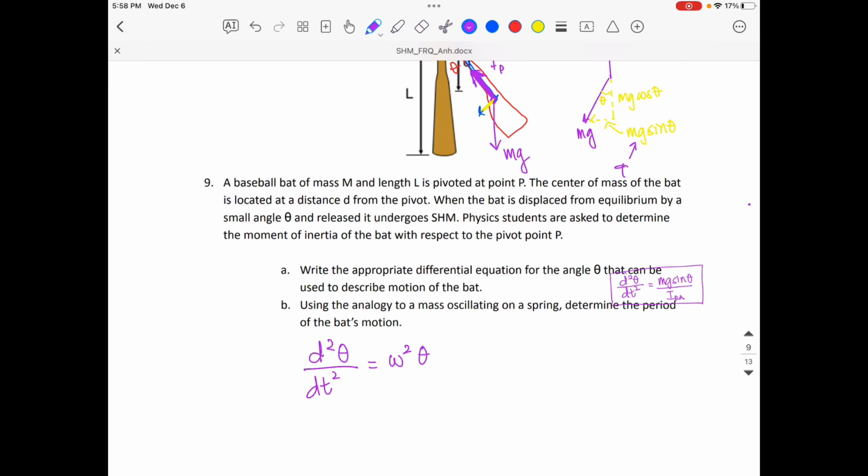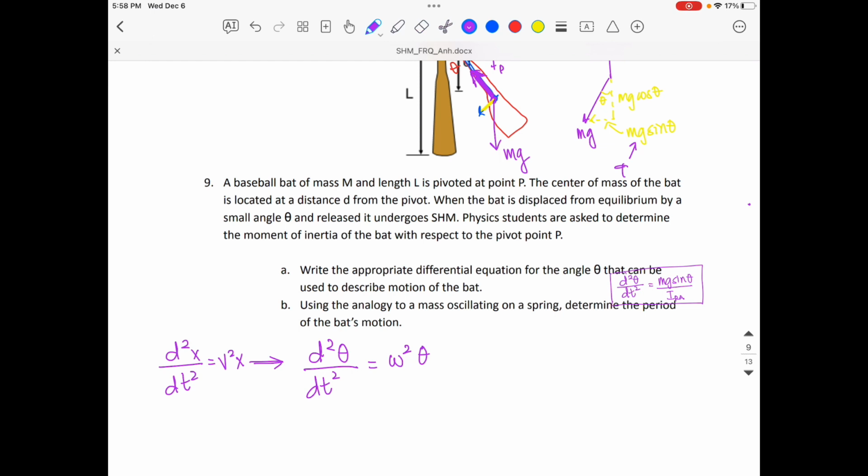This is all in rotational form. Originally, when we worked with it in just springs and masses, we had the second derivative of x with respect to t is equal to negative omega squared x,